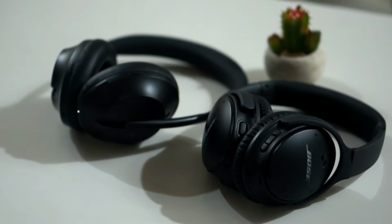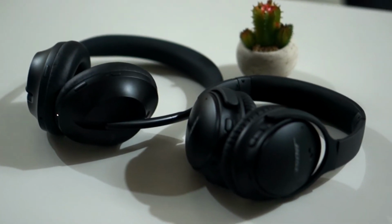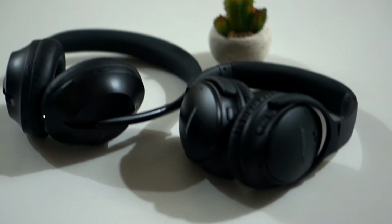top of my head. It does cancel out noise pretty well. Comparing it to the newer Bose 700, I personally really didn't feel any difference between them. Maybe the Bose 700 does it better because it has more modes, whereas this one just has 3 modes. But all in all, the highest setting of that and the highest setting of this is, to me, on par with each other. Definitely better than some of the other noise cancellers that I've tried or reviewed on the